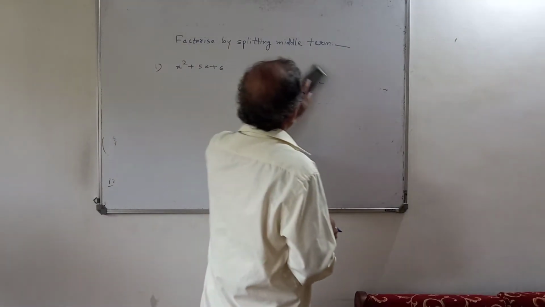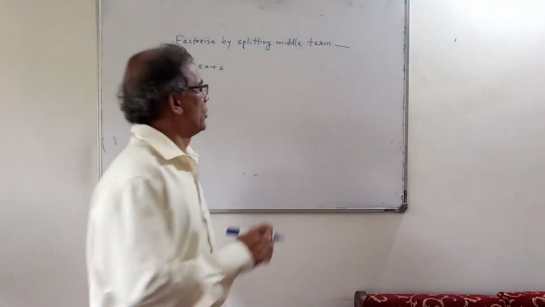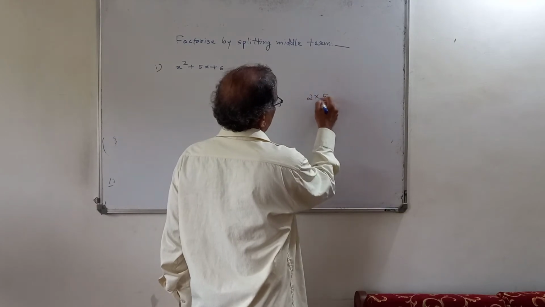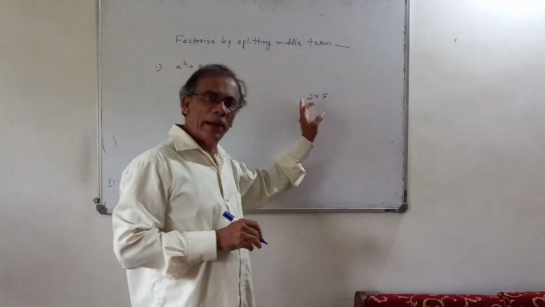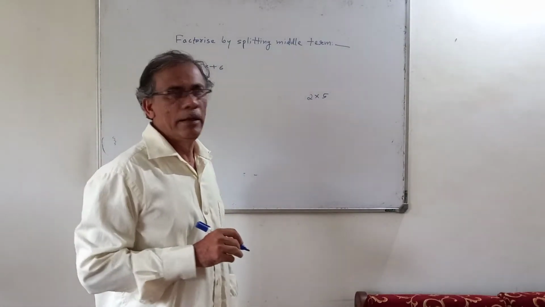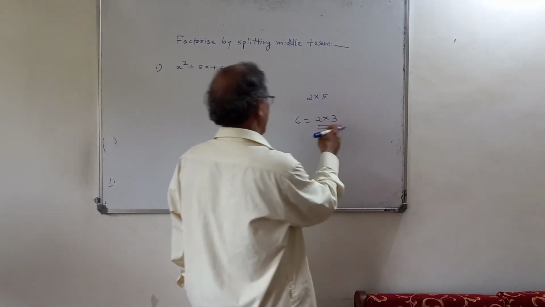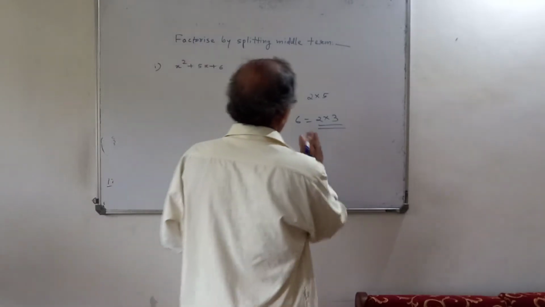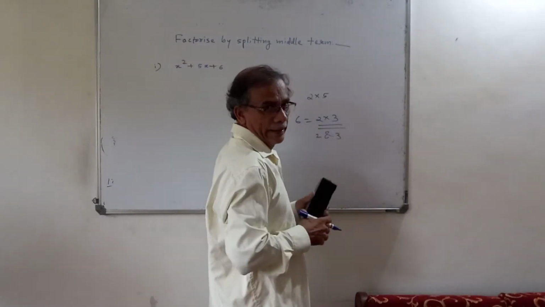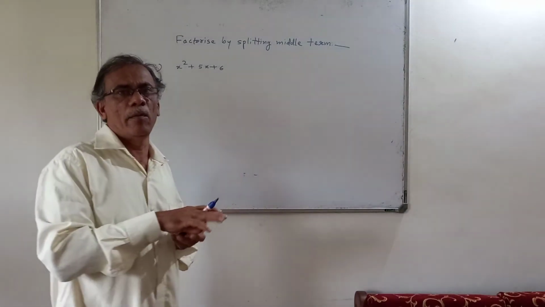Now first you should know what it means to write factors. See, what are the factors of 10? You say it is 2 into 5, isn't it? To write the factors means to write in the multiplication form or product form. Write a factor of 6. What do you write? 2 into 3. So to write in product form means to write the factors, isn't it? Then you write the factors of 6 are 2 and 3. So to factorize this polynomial means to write this polynomial in multiplication form or product form.